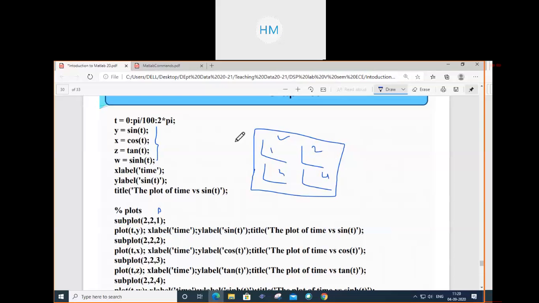So this is my first row, second row, first column, second column. Clear? The first subplot is the first column of the first row. The second subplot is the second column of the first row, and so on. So this is the significance of subplot.